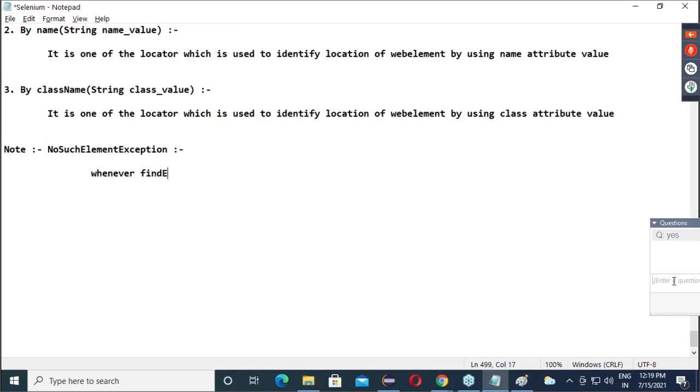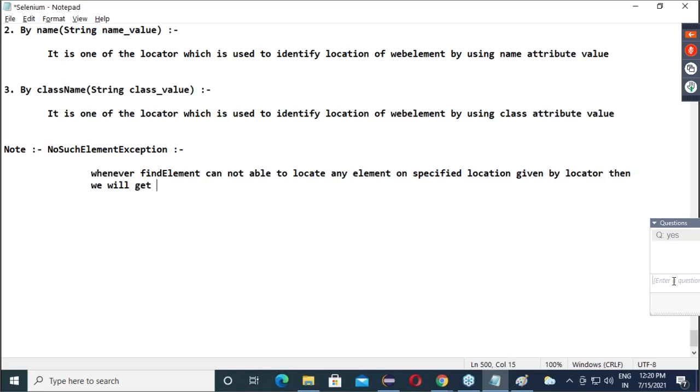Whenever find element cannot locate any element at the specified location given by the locator, then we will get no such element exception. Note down this.